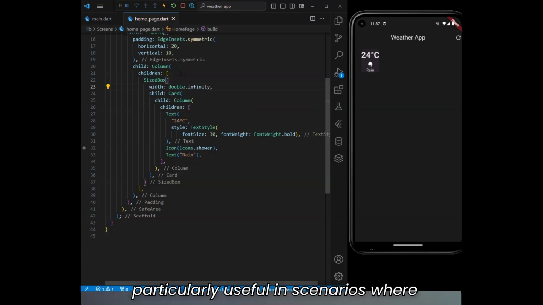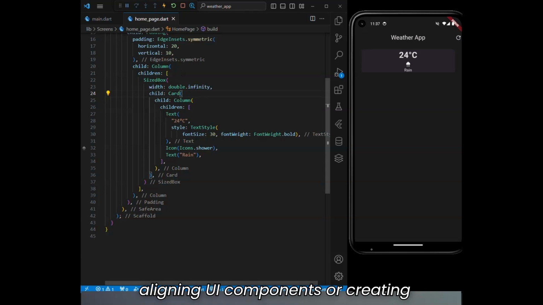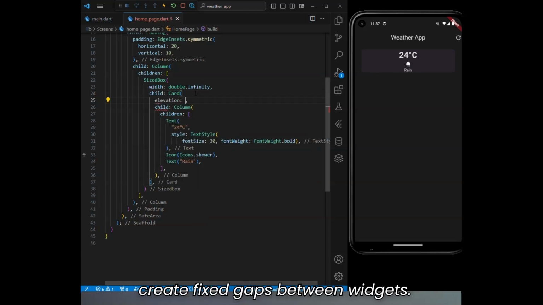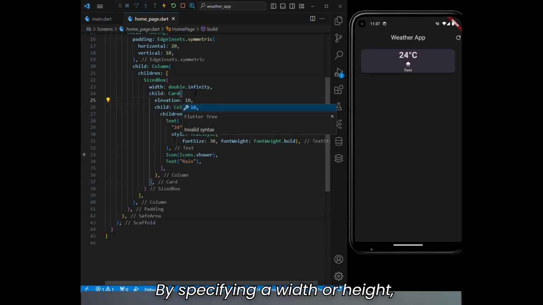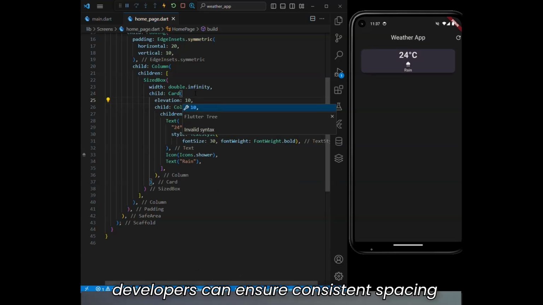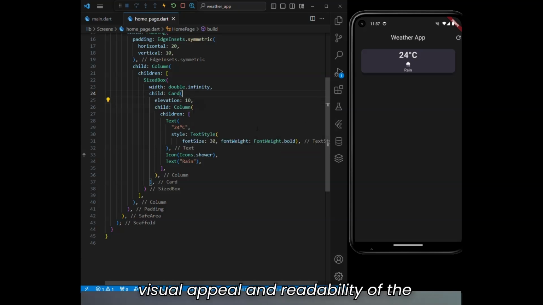This can be particularly useful in scenarios where precise dimensions are needed, such as aligning UI components or creating spacing between elements. One of the primary use cases for sized box is to create fixed gaps between widgets. By specifying a width or height, developers can ensure consistent spacing in their layouts, enhancing the overall visual appeal and